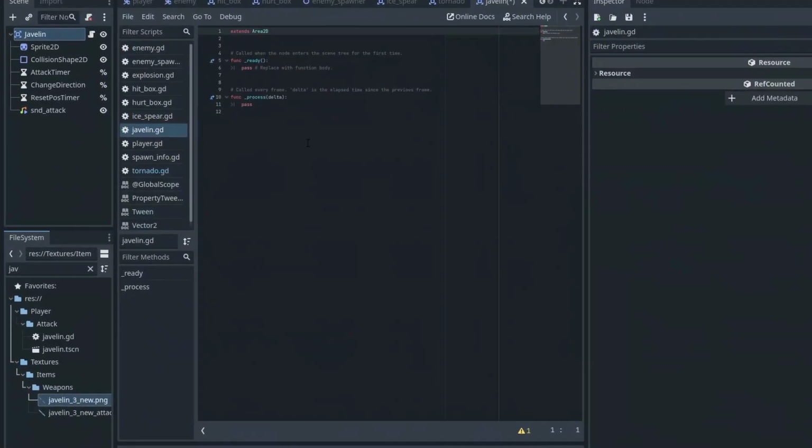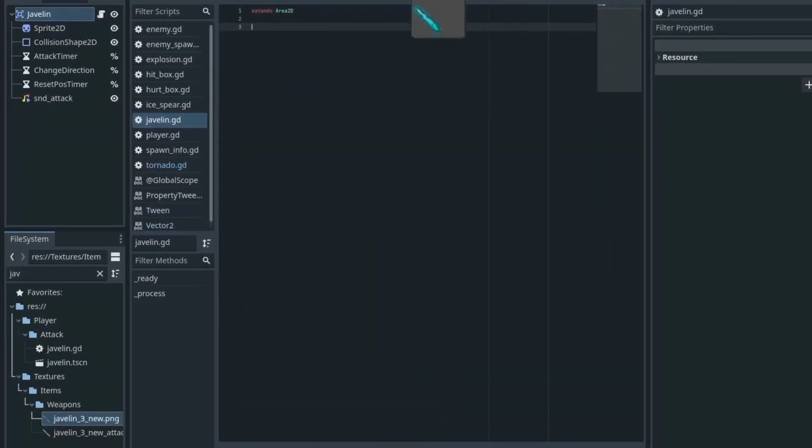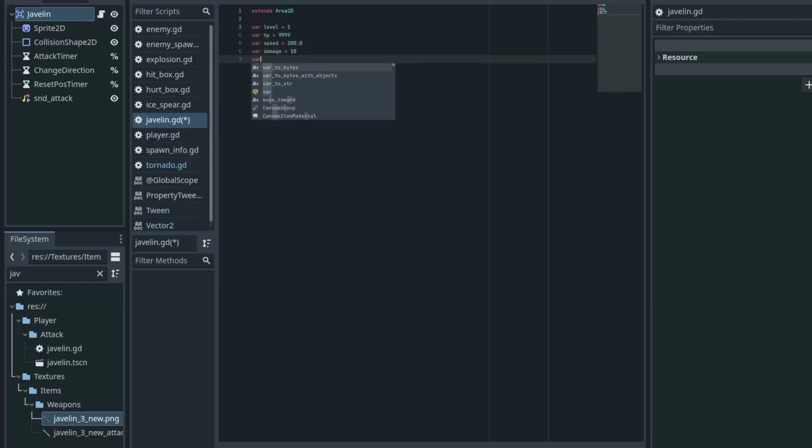Just like the other attacks, we're going to have to add a lot of variables. So we've got our level, so var level equals 1, var HP. We're not going to want the javelin to despawn, so I'm just going to set HP to 99999, not like it really matters. Speed equals 200.0, so I want this to be quite a quick attack. We're going to make the damage equal to 10. We're going to make the var knockback amount equal to 100. We're going to set our paths,